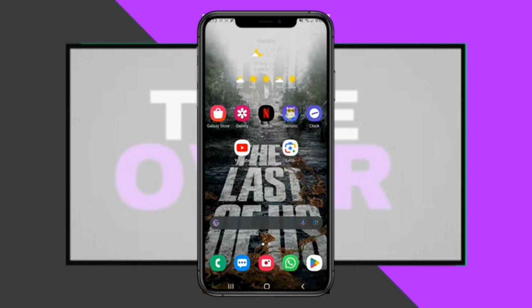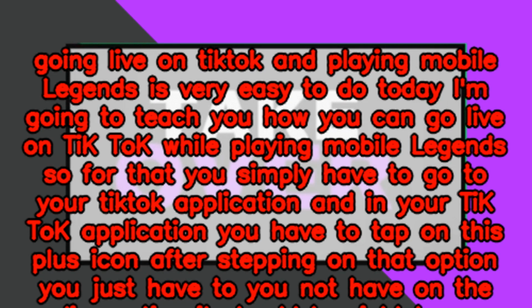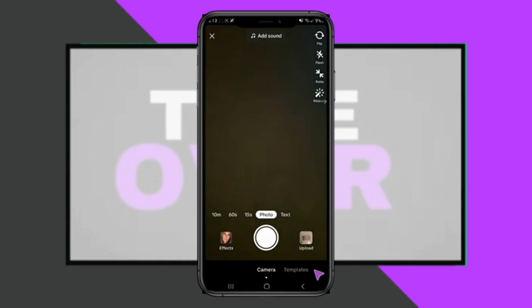Going live on TikTok and playing Mobile Legends is very easy to do. Today I'm going to teach you how you can go live on TikTok while playing Mobile Legends. So for that you simply have to go to your TikTok application, and in your TikTok application you have to